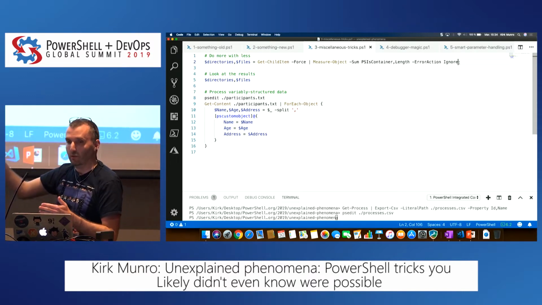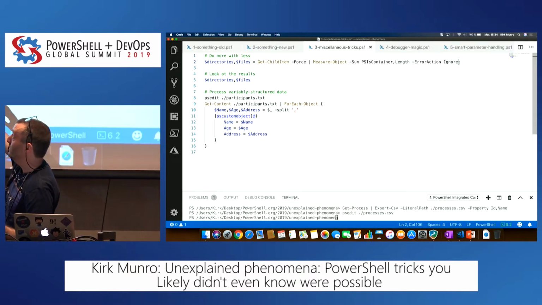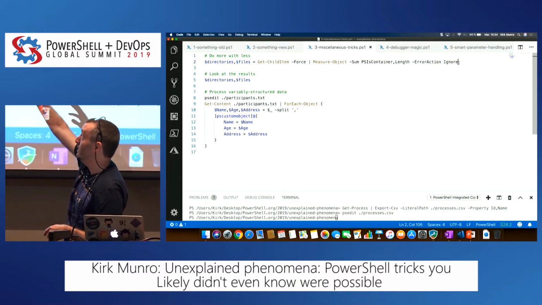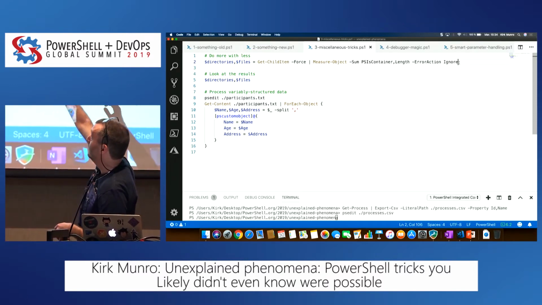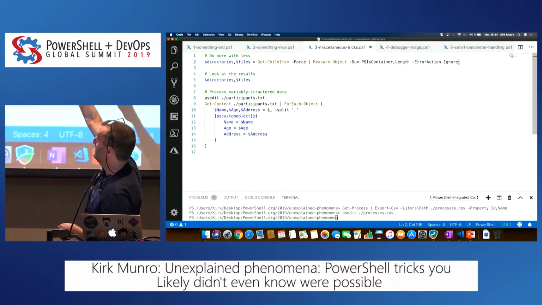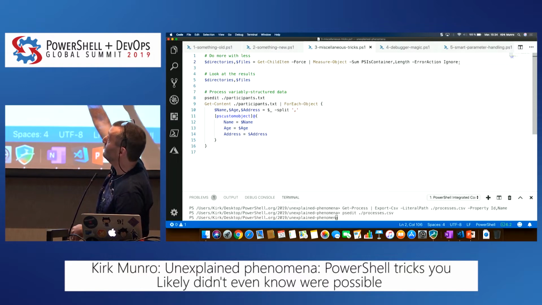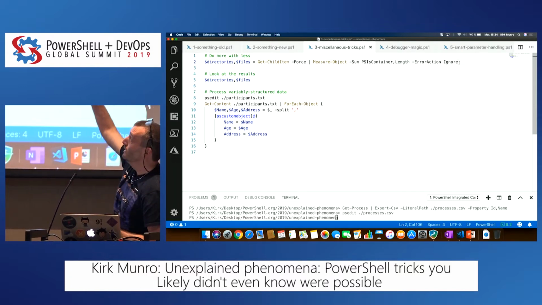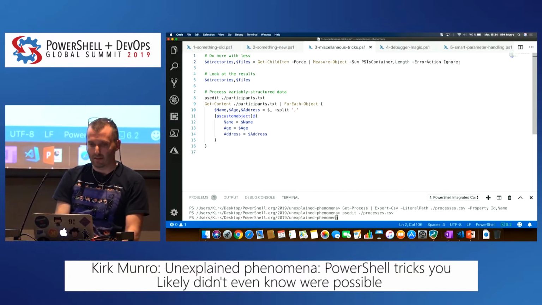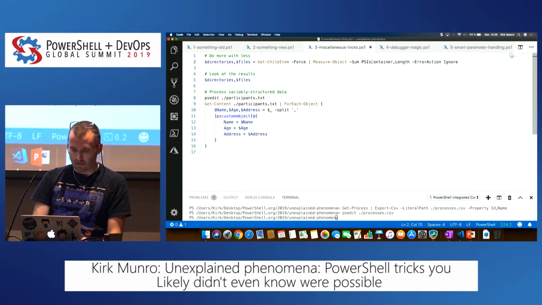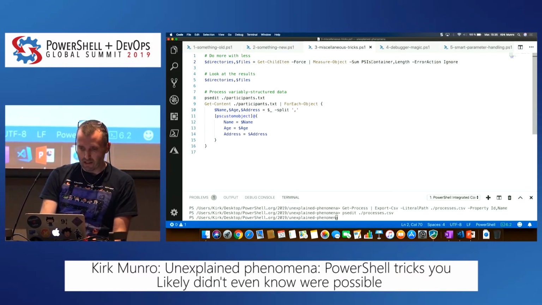This is just a straightforward one-liner where I get all the children forcibly, so I get hidden files and folders. And then I sum the containers. That gives me how many directories I have, or overall how many files I have. And when I also sum on the length, because you can sum on multiple properties, that gives me the actual file sizes. It's a simple thing to show, but it demonstrates some of the power of what you can do in PowerShell.